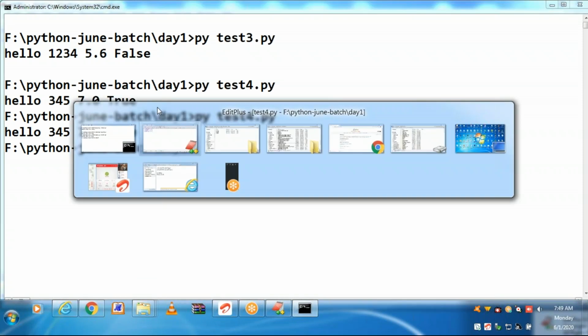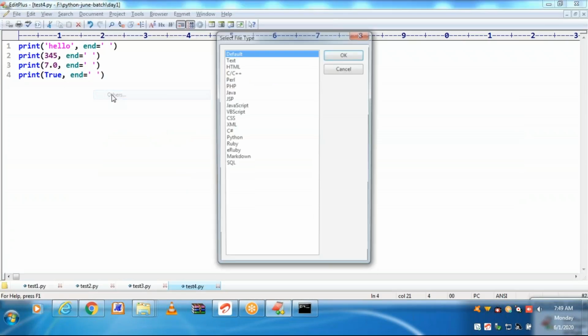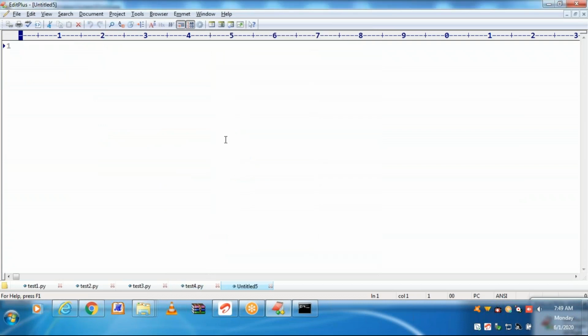This is the current program. Test 5. Let's go for print.